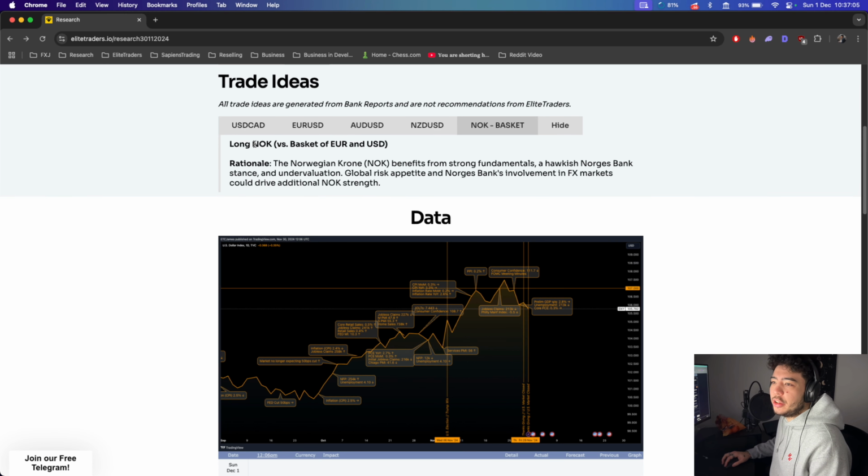So if we look at the rationale, you can see this is long NOK against a basket of euro or dollar. It doesn't have to be the dollar. It could even be something else. Obviously, you need to do your own research. But we can see the Norwegian krone, or the NOK, benefits from strong fundamentals, a hawkish Norges Bank stance and undervaluation, global risk appetite, and Norges Bank's involvement in FX markets could drive additional